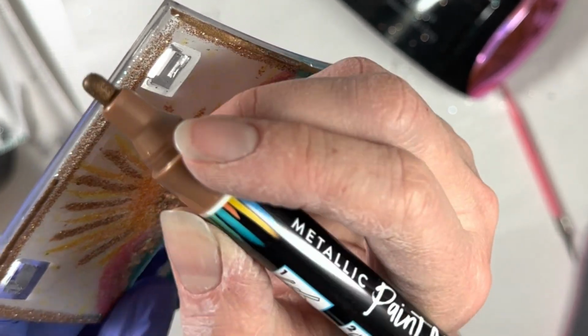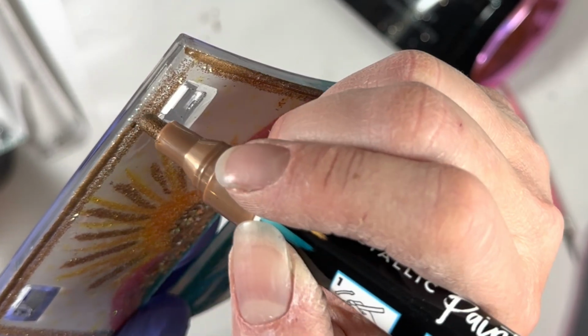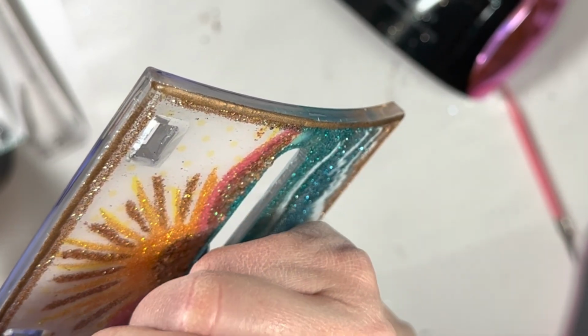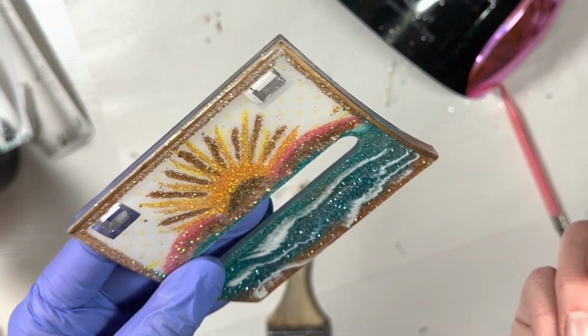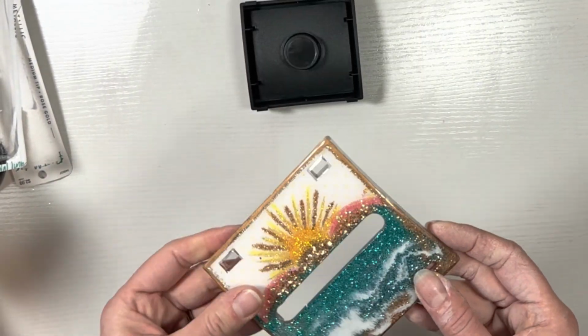And then I'm going to put one more layer of UV resin over the top of it. It'll probably need another one later and sand it down perfectly and get it nice and smooth. I like my UV resin to be as smooth as possible. But for the purpose of this video, I'm just going to do one more layer of resin and then seal that in, and then these will be nearly done. I'm going to need to sand this and put another layer of UV resin to make it nice and smooth,